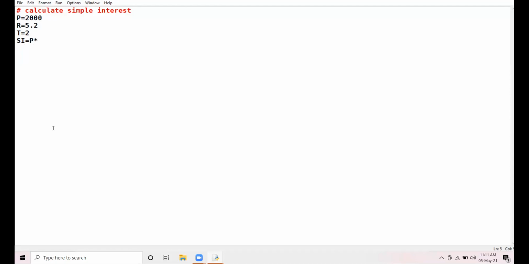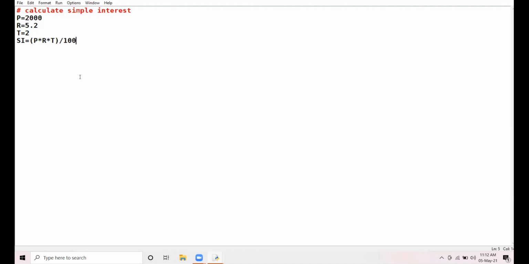Principal into rate into time, put inside the bracket, divide by 100. Okay. Divide by 100. Why have I put these brackets?